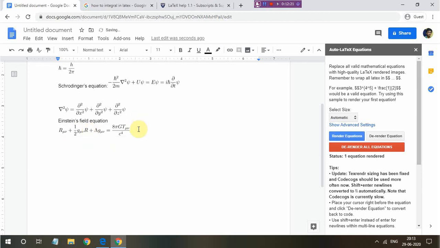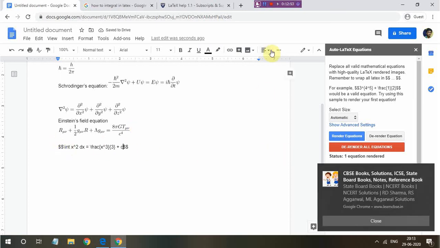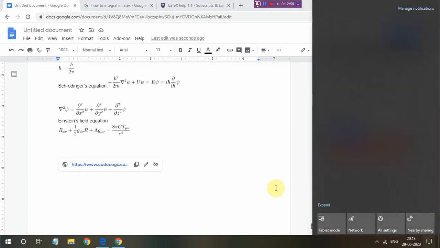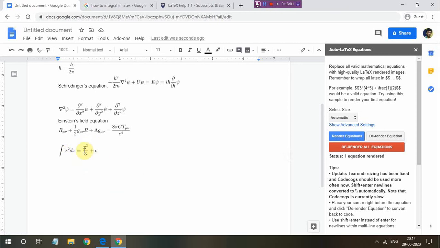And for integrals it's actually very simple, but this is for indefinite integrals, of course. Just backslash and int, let's say integral x squared dx we want to type, and of course you need to give a space. Integral x squared dx is a fraction, x cube over 3, this is the formula. Doesn't matter if you don't know it. Plus c will be there, which is the constant of integration, right? So let's render this equation. See, integral x squared dx is x cube over 3, like so.